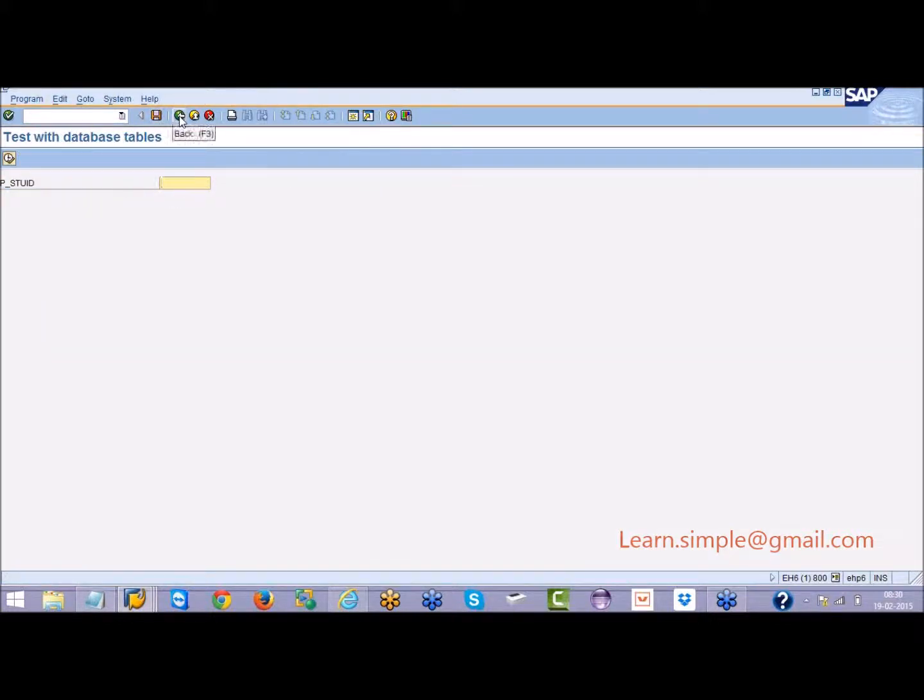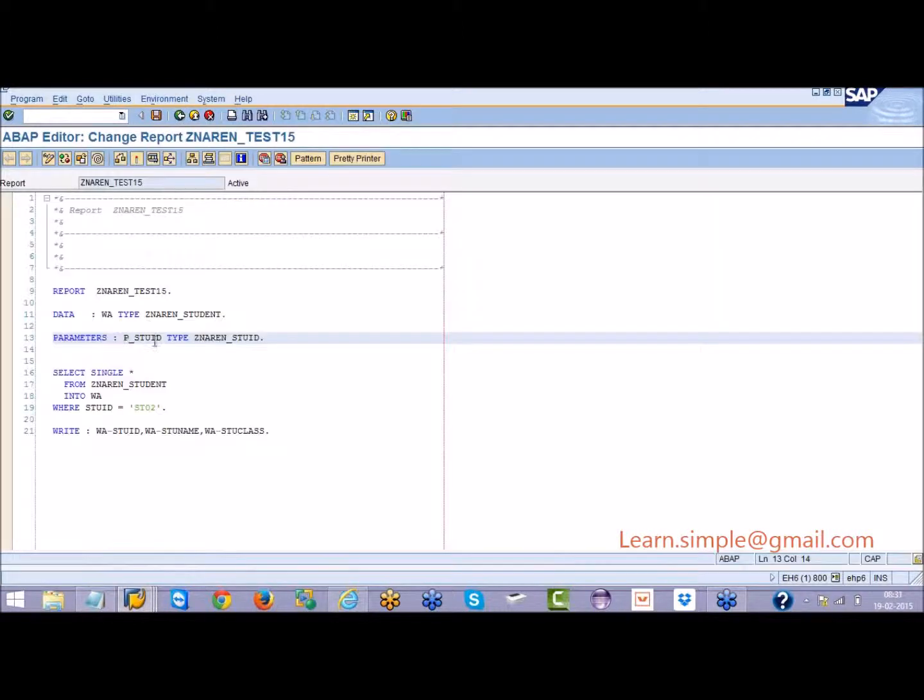Okay, so now if I enter something, ST02 or ST01, whatever I enter here, I want to make use of that value here. Instead of putting ST02 here, I will put the parameter value, that is P underscore STU ID.